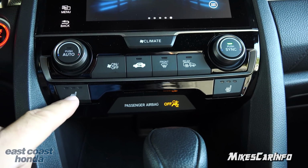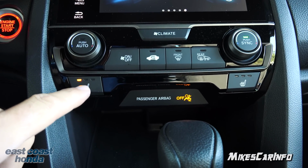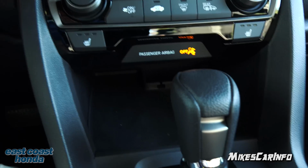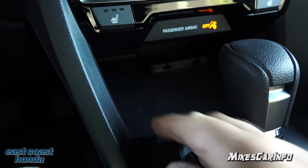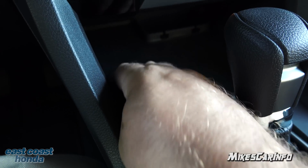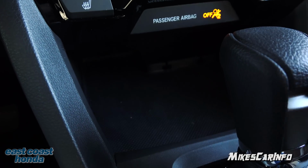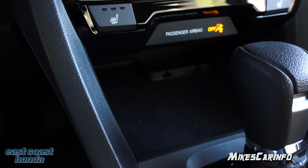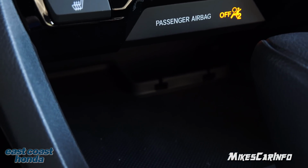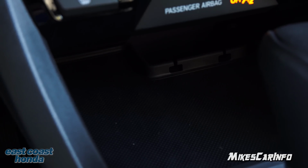You also have heated seats, a 3-stage heated seat button right here, so you can have a high, medium, low. Okay, so right in here is a little storage compartment. I say a little, it's pretty good size. Goes in there quite a ways, and it has a rubber floor to it, but let's see if you can see in there. There's actually a little place for wires to go up and over into this compartment from the lower tier